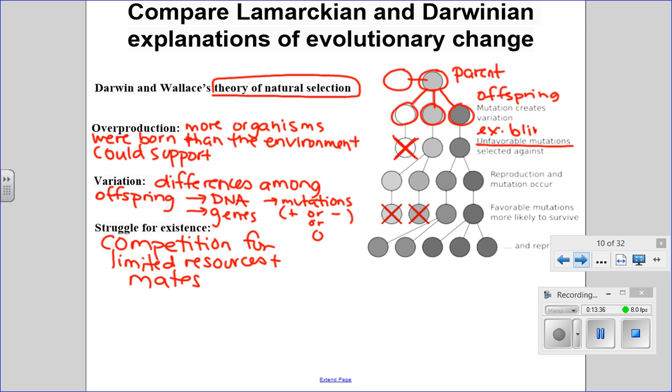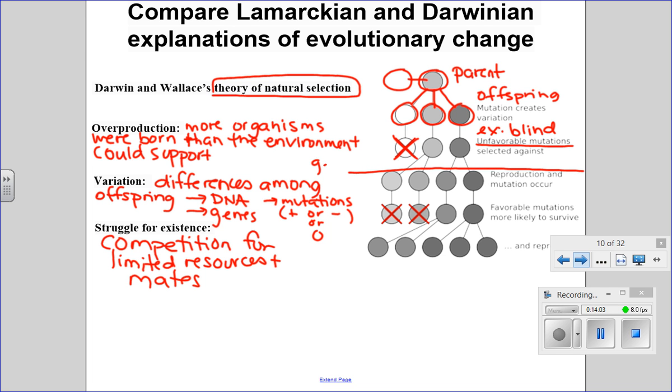I'm going to say that that offspring was blind. That is not very favorable. If you can't see, the chance of you beating out someone else in a competition for resources is reduced. So in this particular imaginary example, that one offspring was blind. They couldn't see, and so they did not win any competitions, and they did not survive. That means